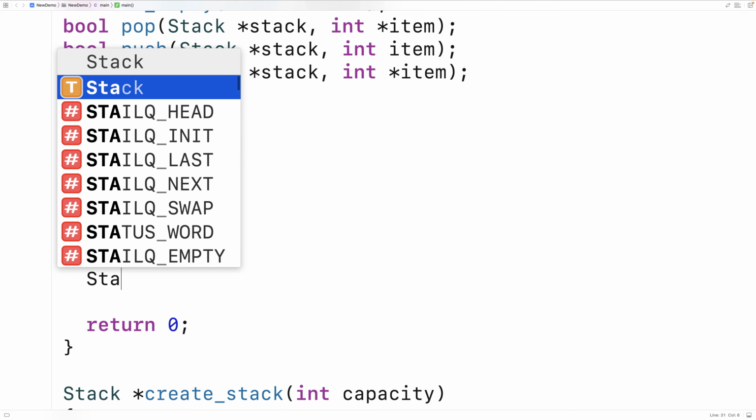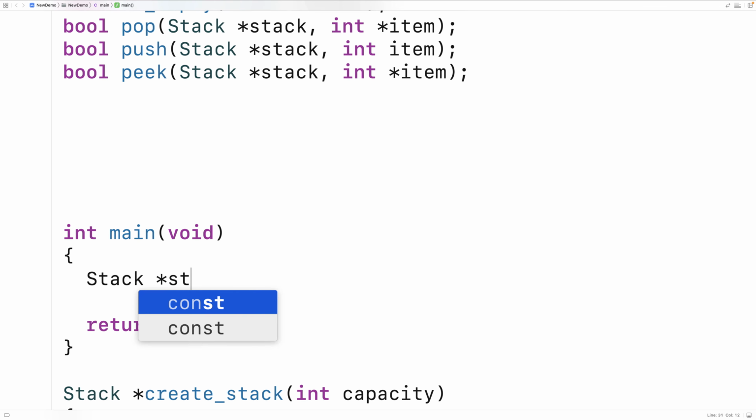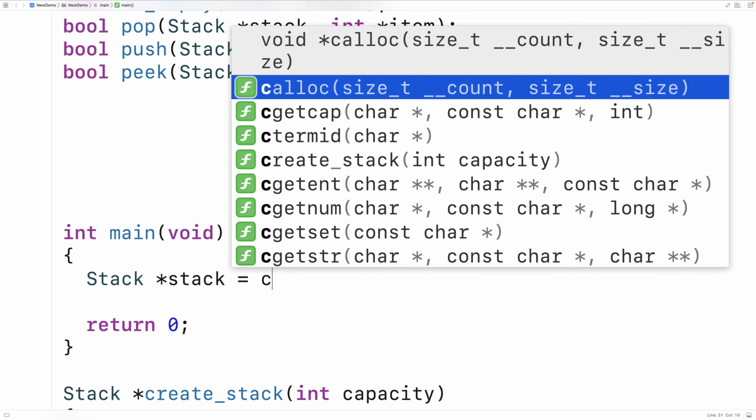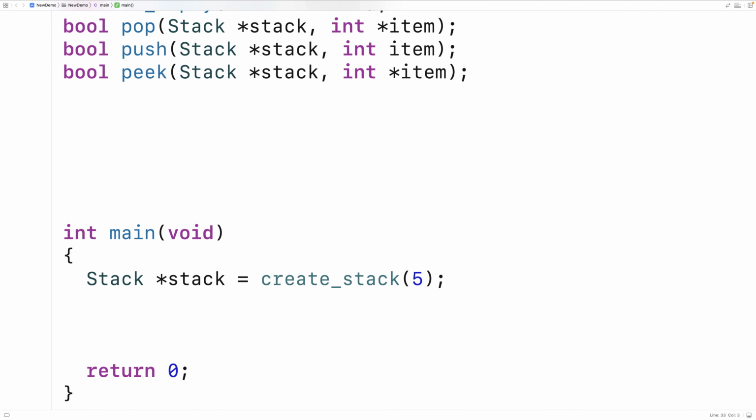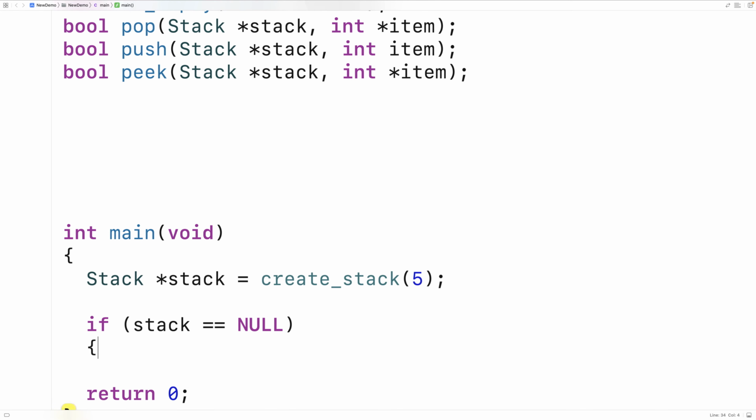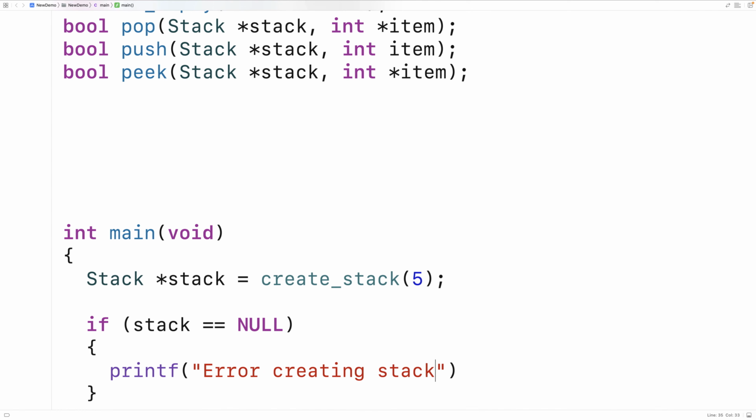Here we'll say Stack* stack = createStack(5). So we'll try to create a stack with capacity 5. We'll make sure that the stack was actually correctly created first. We'll say if stack is equal to NULL, then output that we have an error. So printf("Error creating stack\n"),